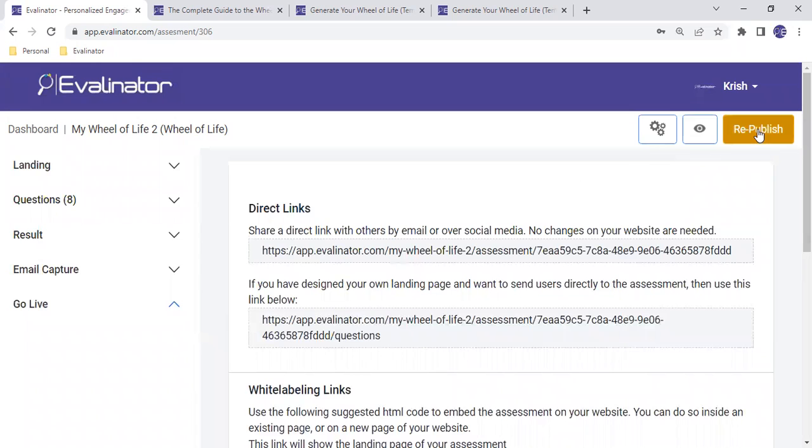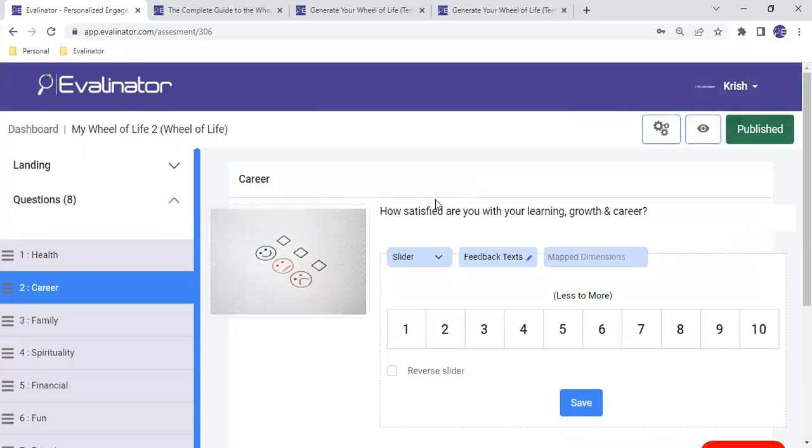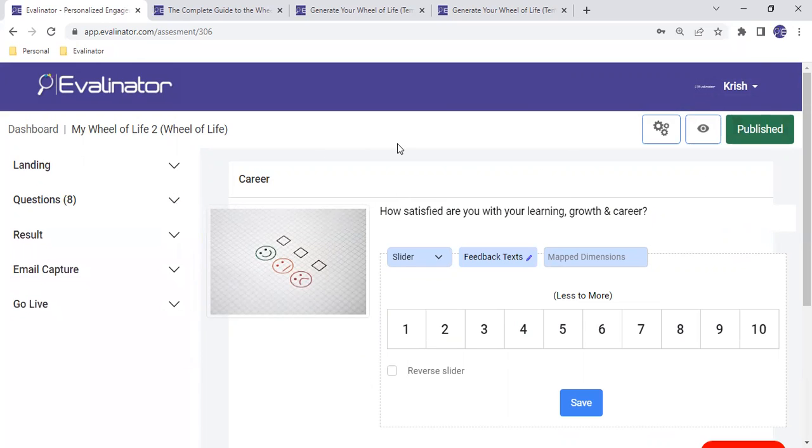So let's publish the assessment. All you would do is modify these things, click publish, and you can always come back and make changes. So you don't need to worry about being perfect the first time. If you want to modify this text, you can just hit save and hit publish again, and your changes would be reflected. So we click publish, and then